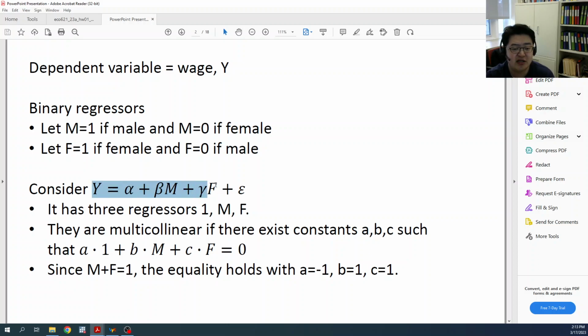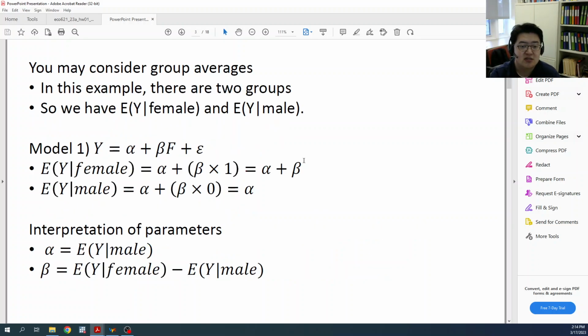And if you set up the regression equation like this, I believe you know this does not work because there are 3 regressors, 1, M, F, but you know the multicollinearity arises if you can make this equality for some A and B and C. It is possible if you plug in -1, 1, 1. So you know M plus F always equals 1. So that means -1 plus 1 plus 1 will make 0. That's the multicollinearity, the definition of multicollinearity. So this is the mathematical definition. Okay. So then